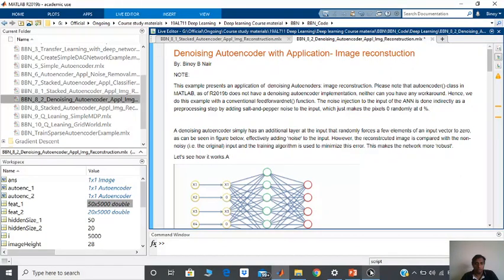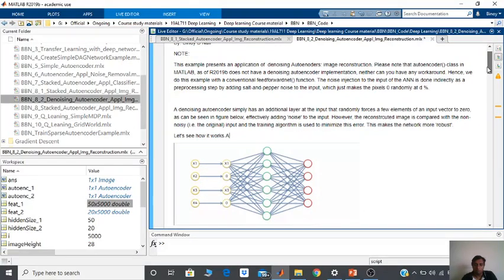Good morning, all. Today's class is on denoising autoencoders. What we are going to see today is a specific type of autoencoder which is supposed to be more robust than the conventional type of an autoencoder. And how that is happening is just by adding an additional layer at the input, which forces the input to become more noisy. You can see here in the figure that is given,